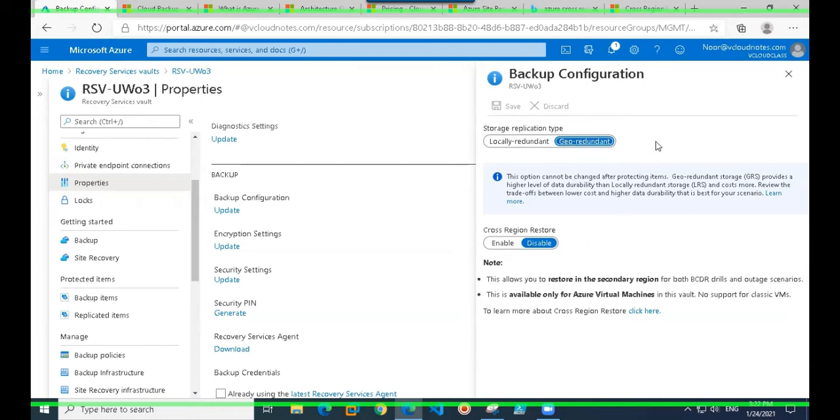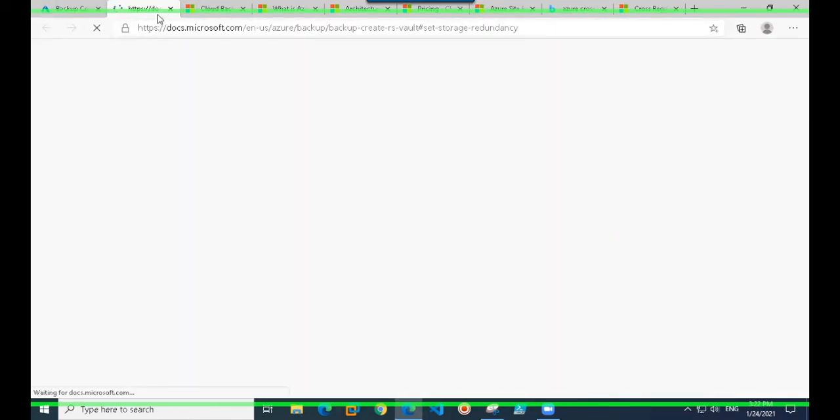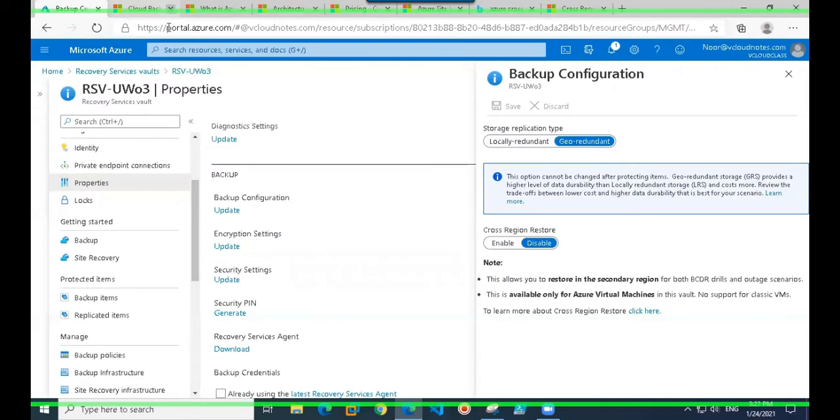So in case you want to use cross region restore, then, oh, I clicked something. Okay, let me close it. Then you need to enable this. By default, you will find it disabled. Storage replication type would be by default geo redundant, but here you also need to keep one more thing in mind.